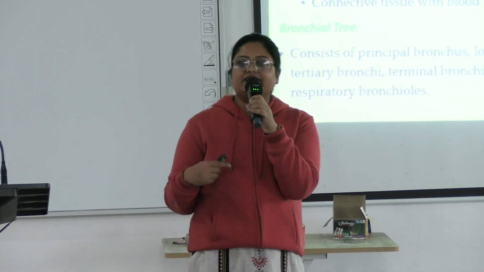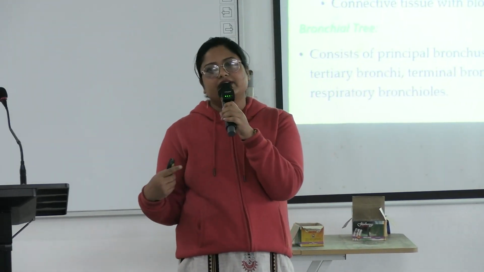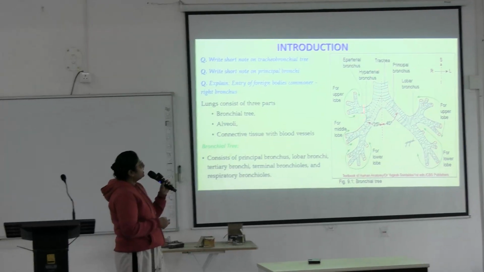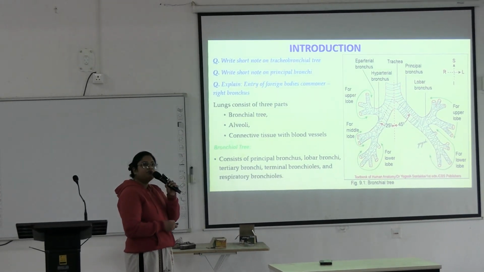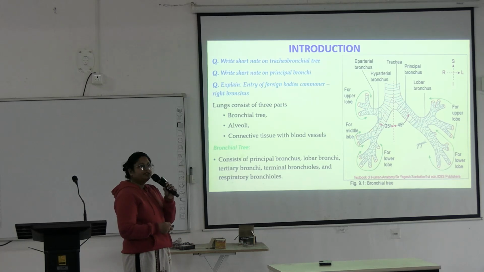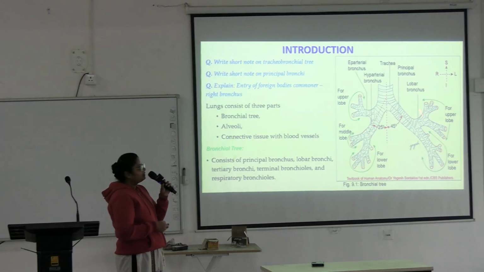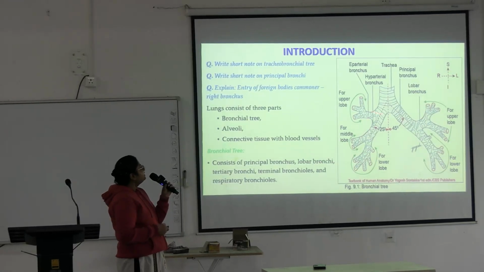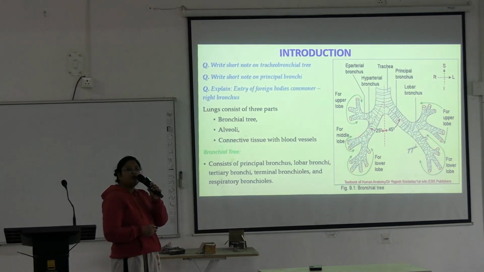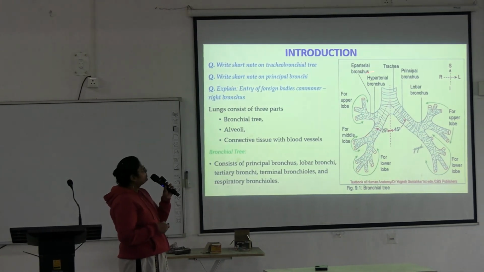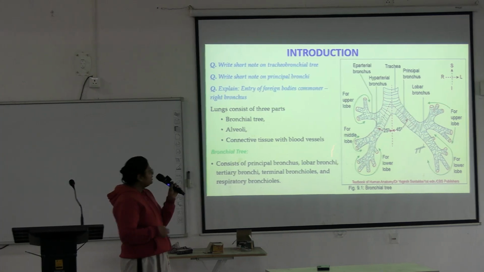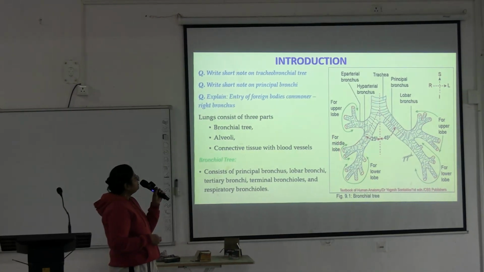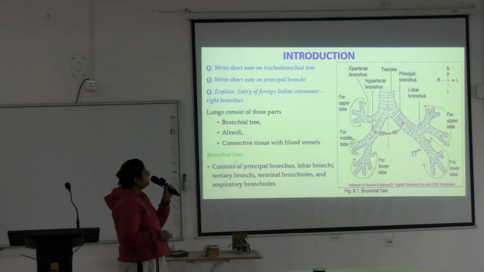Today we will discuss the interior of the lung. Okay, we will discuss mainly the bronchopulmonary segments. This is the trachea dividing into two principal bronchi. This one is the right and this one is the left principal bronchus. The right principal bronchus gives four lobar bronchi for the three lobes: upper lobe, middle lobe and lower lobe. Then again it divides into multiple bronchioles and so on.